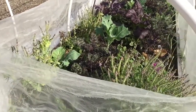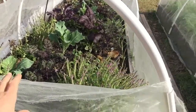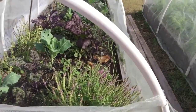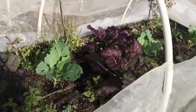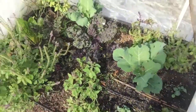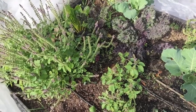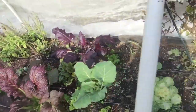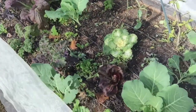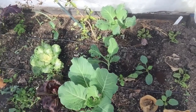They have ventilation, even though it can get pretty hot with those too, and sometimes you'll have to raise the ends, depending on your temperature. I do that sometimes. So these are carrots and our greens, and our Tulsi is actually still flowering under this system right now, which is nice for the bees. So we have all kinds of greens in here. And what I'll do is I'll try to show you how they look maybe weekly, depending on the weather,